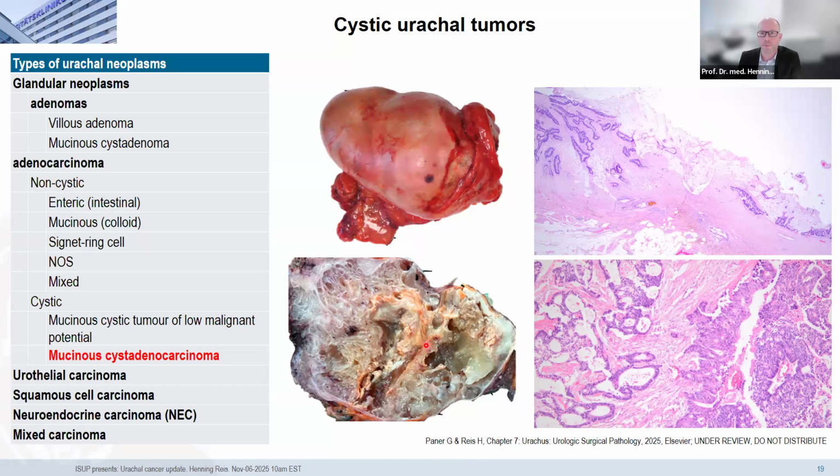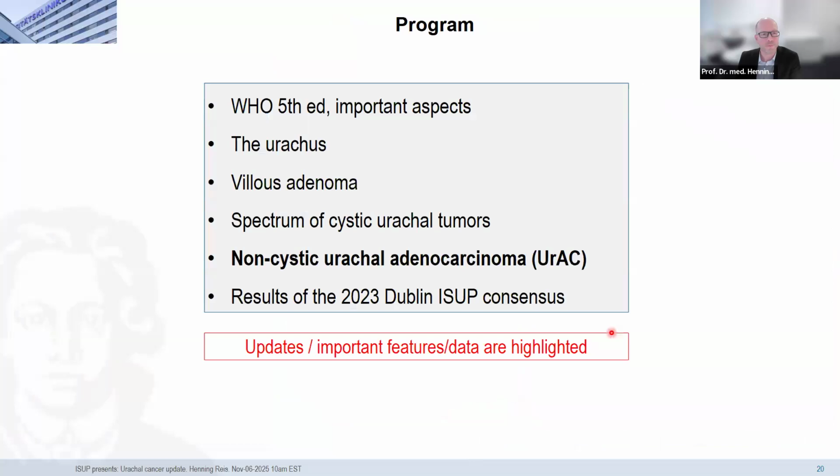So one has to keep in mind, of course, the localization in the midline and also the other histological or radiological features, and of course, histology. What you can see here is the lining of this carcinoma, and then this frank invasion of a tumor that shows a morphology which is kind of similar to colorectal adenocarcinoma.